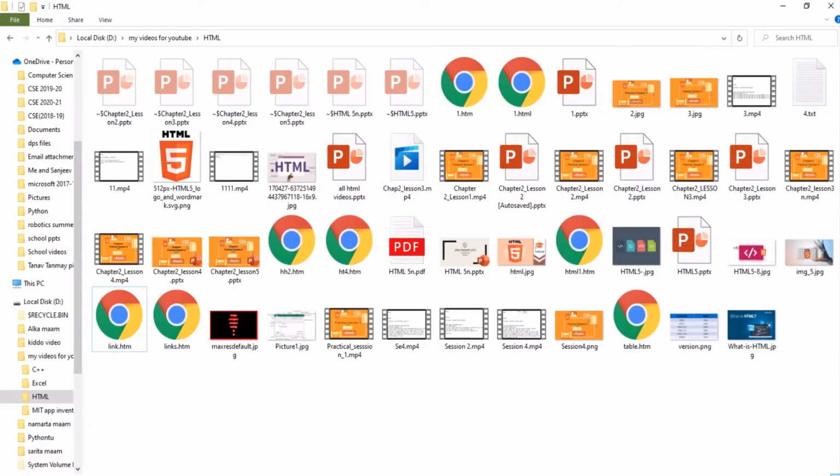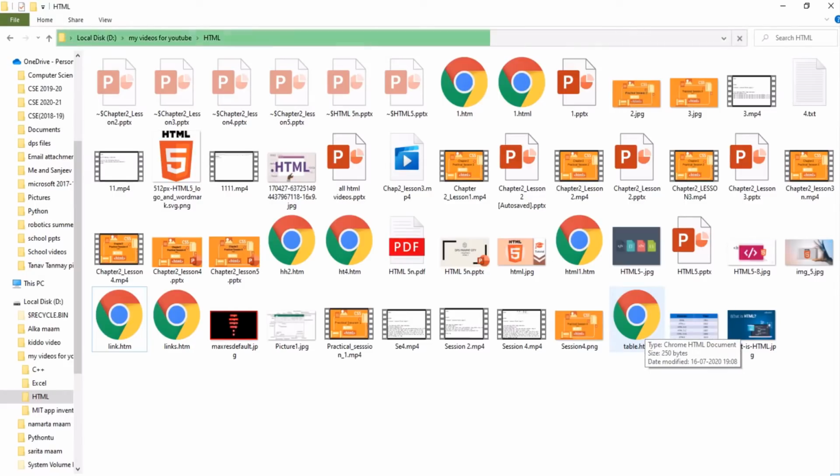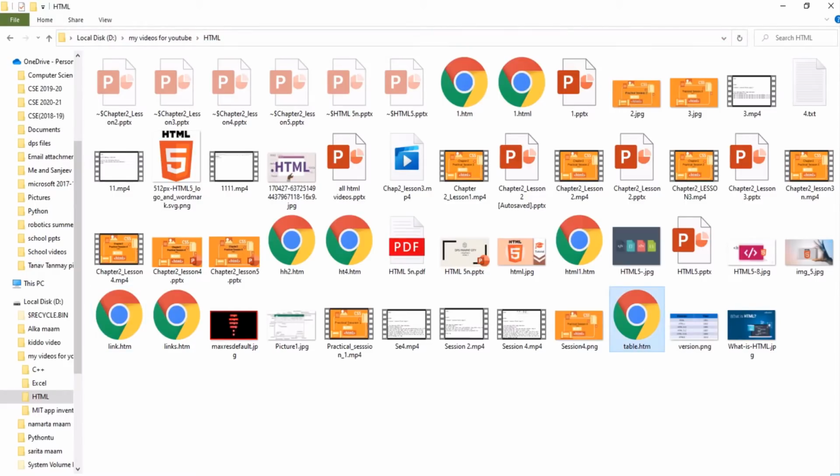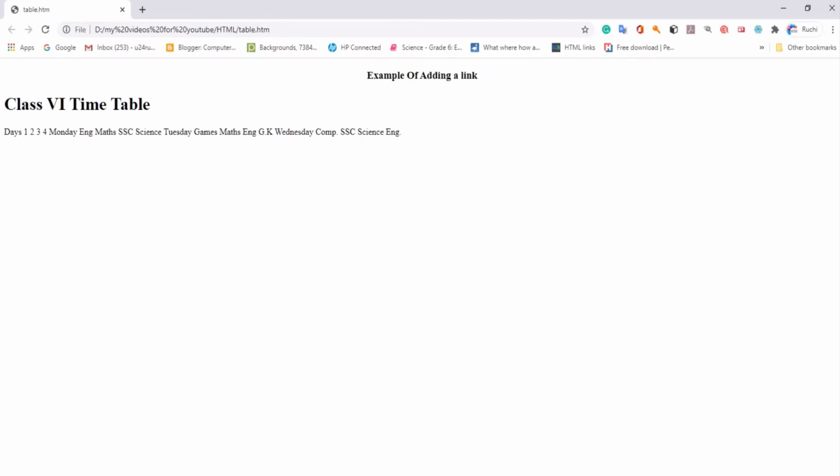So let's go to that folder only and you can see this is my browser file, okay. When I will open this file, it will show me the data that I created over there, like this, okay, fine.